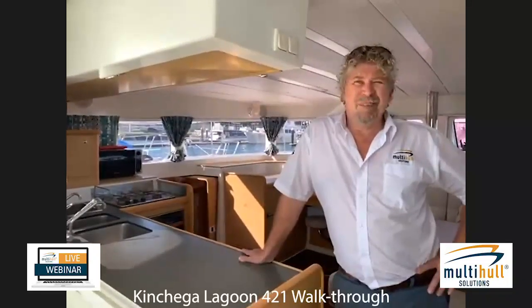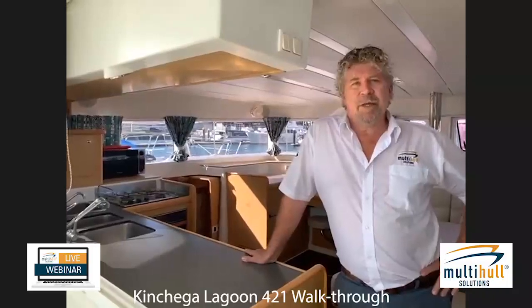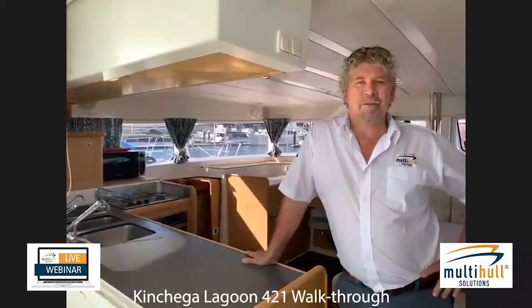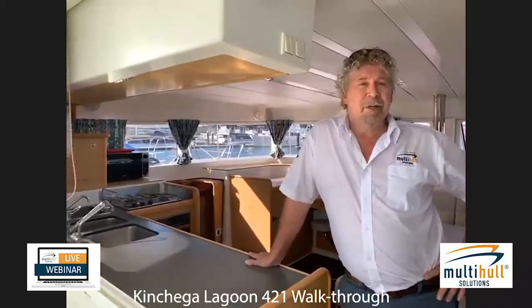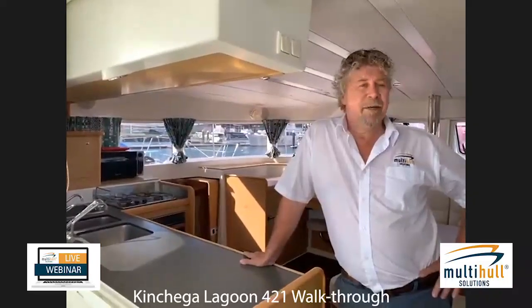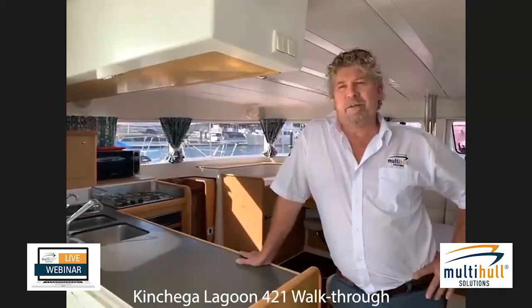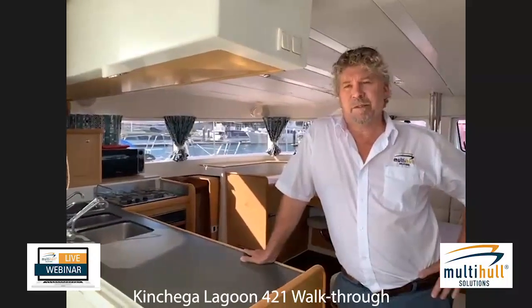So if you're going offshore, it's something that you have to attend to, and you probably get yourself a new one rather than just servicing one that's been around for a little while. It's probably the original one on the boat here at the moment. So that's a cost factor that you need to think about when you're buying a second-hand boat, and something that we should point out, or your broker will point out to you anyway, and it's a good question to ask. Other safety gear, yeah, there's